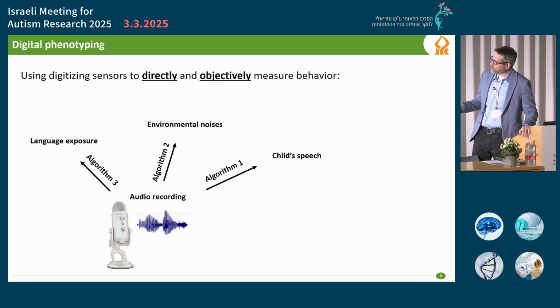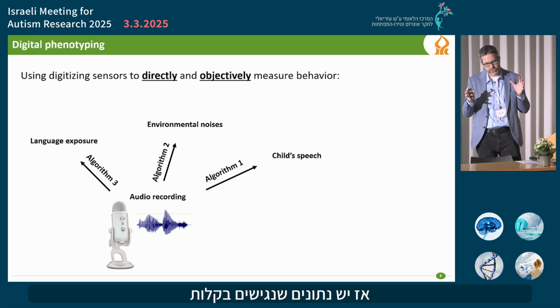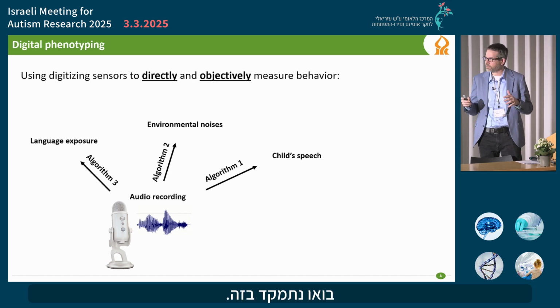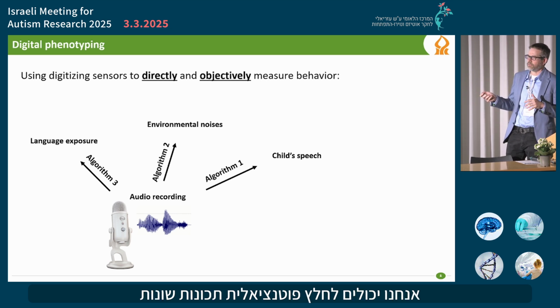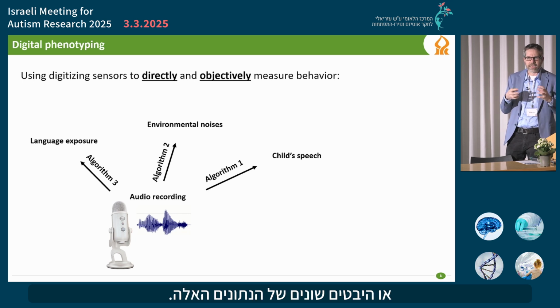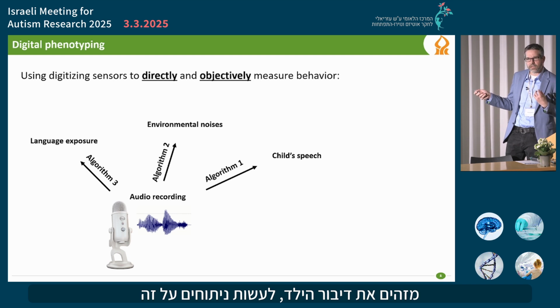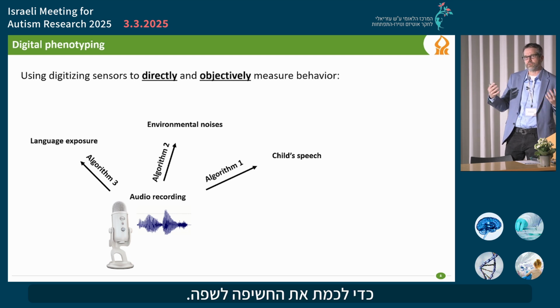So, the discussion here is about data. There's data that is easily accessible that we can record relatively easily from children with autism. Let's focus on that. From each type of data that we record, we can potentially extract different features or different aspects of that data. So if you're thinking about audio recordings, you could develop algorithms that identify the child's speech and do analyses on that. You could extract environmental noises. You could extract everything that's outside of the child and others who are speaking around them to quantify the language